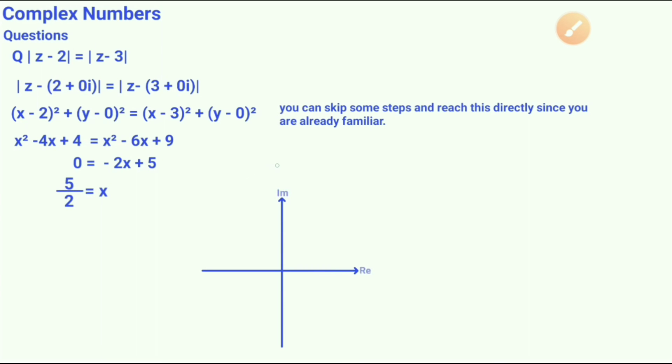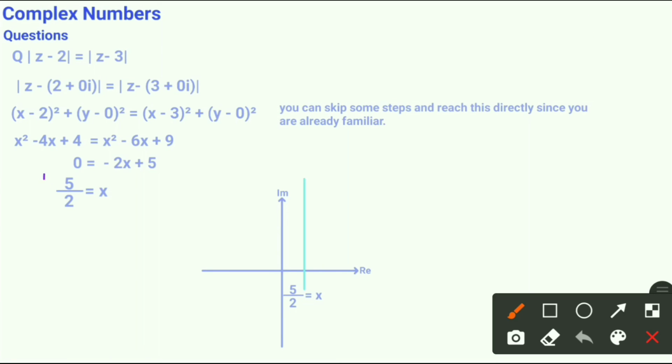And you got this 5/2. So you got the equation of the line. 5/2 was the answer, and since we have found this, which means this is the equation of the line. This is the equation of the line. And this one,